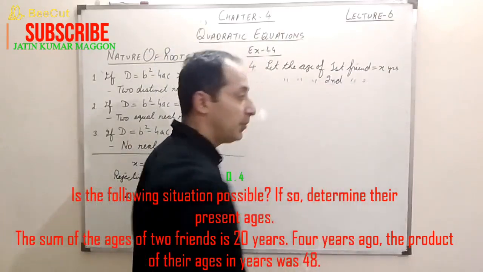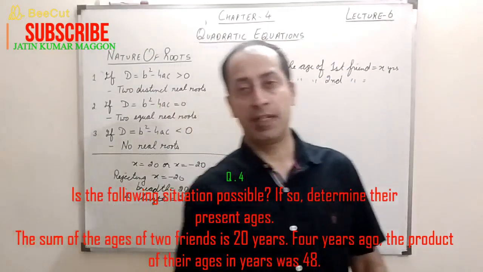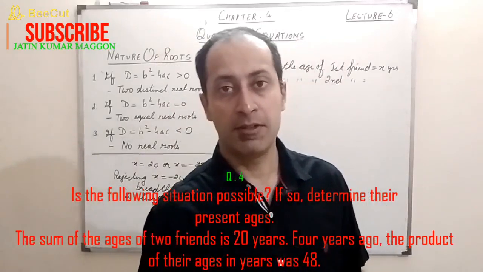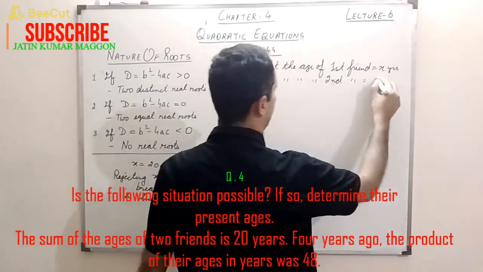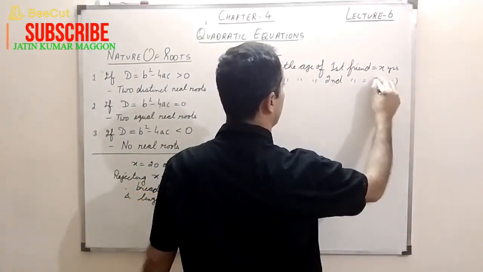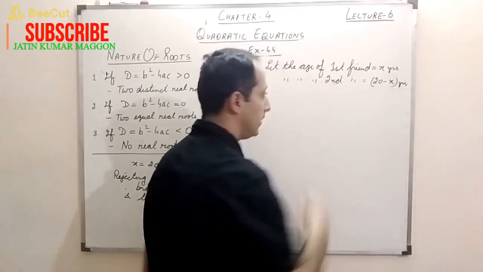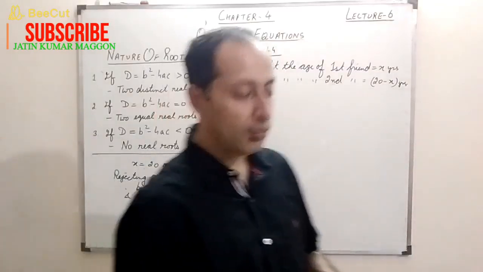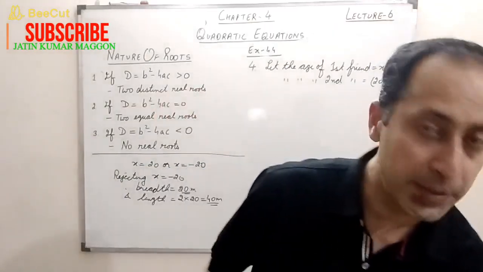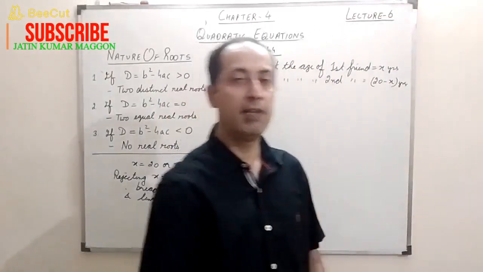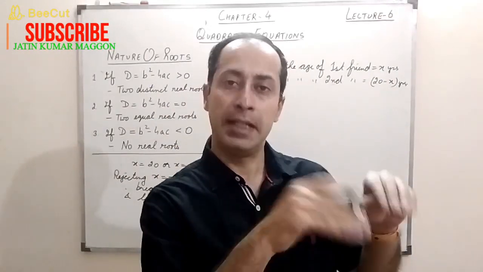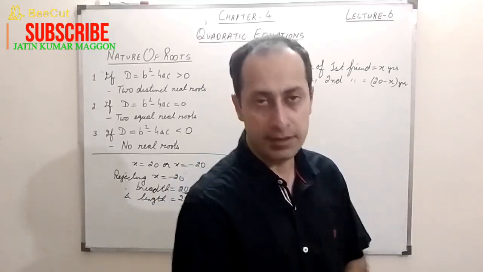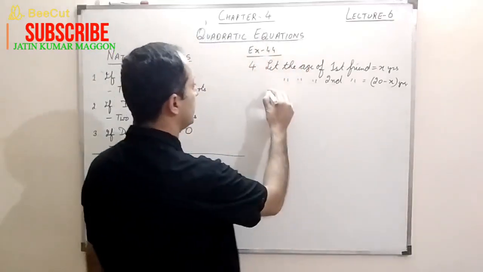will be, since the sum is given as 20, so if one person is 5, there will be 20 minus 5, it will be 15. So here it is x, so I write 20 minus x. Right, now what does it say? 4 years ago. Now 4 years ago means we are going 4 years back. And when we go back in the years, the age gets lessened. It means we have to subtract. So 4 years ago,